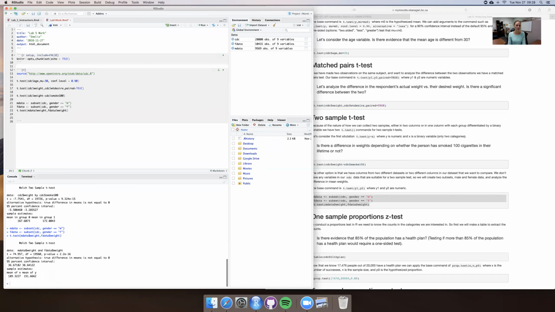So if we run this, again, yeah, there's a difference in the mean weights of the males and the females, right? And just because of the order that we've listed them, so M data and then F data, it's going to do M data minus F data. And so a positive interval just tells us that we have a higher weight in the male data than in the female data,